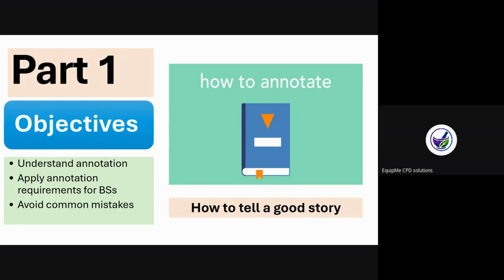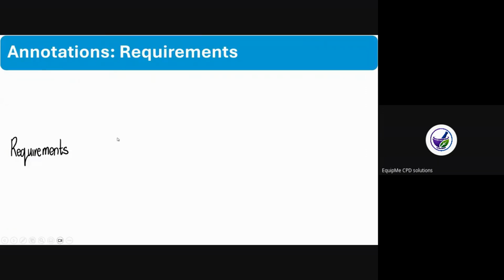Most of the time you have access to the resources, you have access to other people's work. Sometimes the problem is how do you then present the work in a way that it does not confuse, or shows what this person is actually doing. Okay, so we are going to start with the requirements. When you annotate your work, always ensure that you provide the title. So what is your work showing? Is it evidence one? Is it evidence A? Is it annexure A? Whatever format you choose when annotating your work is what you then apply throughout. Don't change how you structure it.